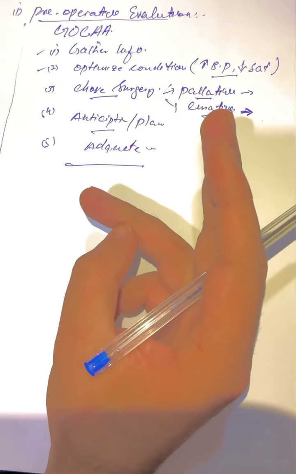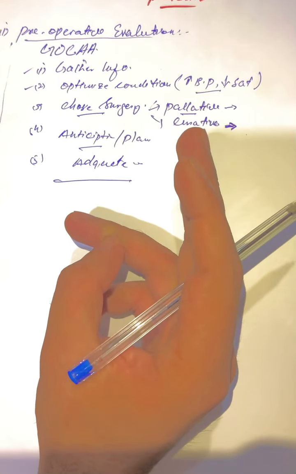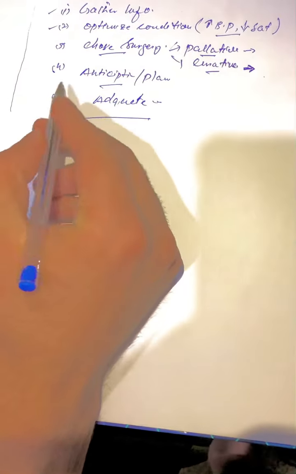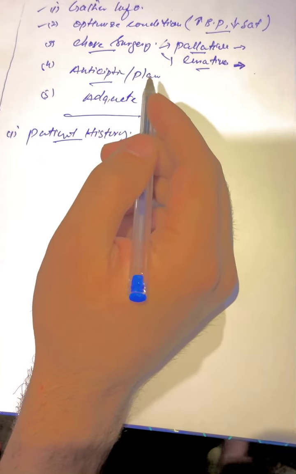And the most important three things which come in the preoperative evaluation are: the first one is the patient history, the second is examination of the patient, and the third is diagnosis of the patient. So we will have to study the patient history. First, we will have to ask about the general history of the patient, and then we have to go systematic